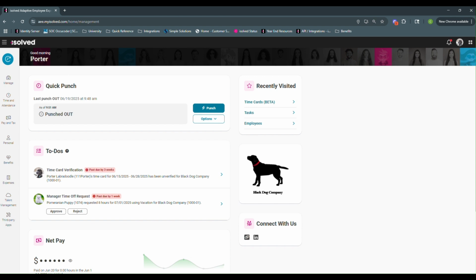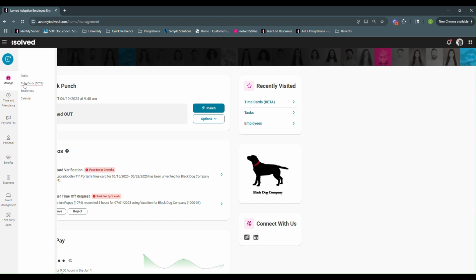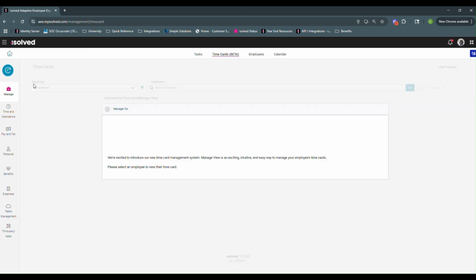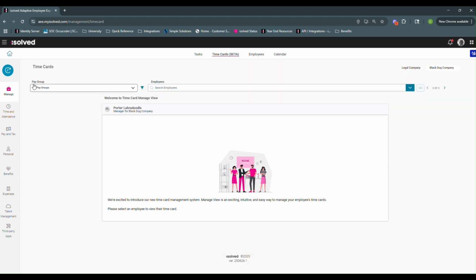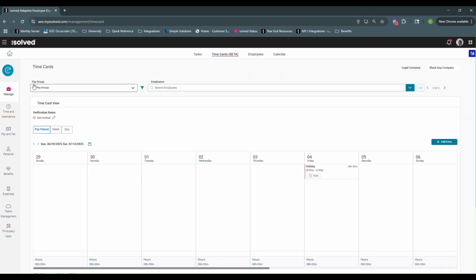And as my test employee, who is also a manager in our test company, I have the Manage tab where I can go to manage and view all things for my employees. So speaking of that, we're going to click on Manage, and we're going to look at the time cards. So we're going to click on the time card beta option here. This says beta because this is a newer feature that iSolved has rolled out, but that will eventually just say time cards because it is the way that we are going to be managing time cards for employees as a